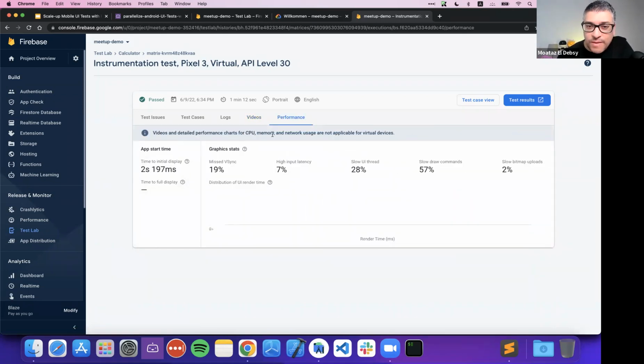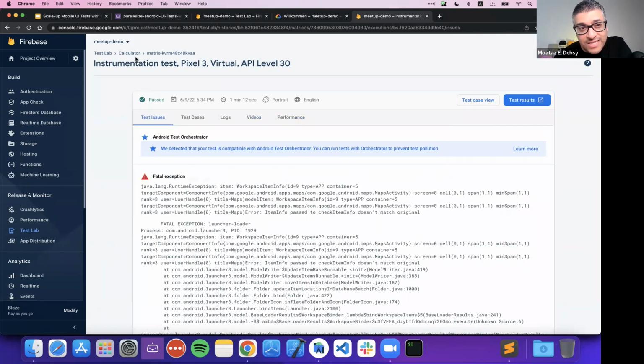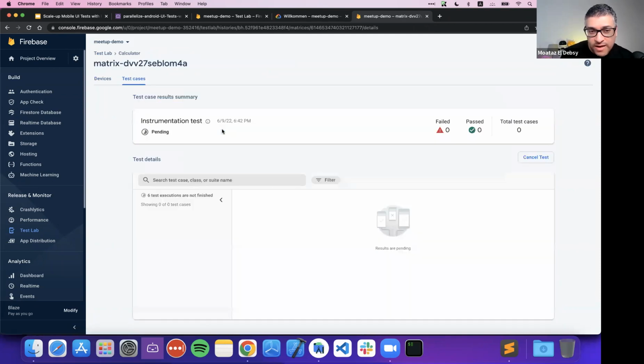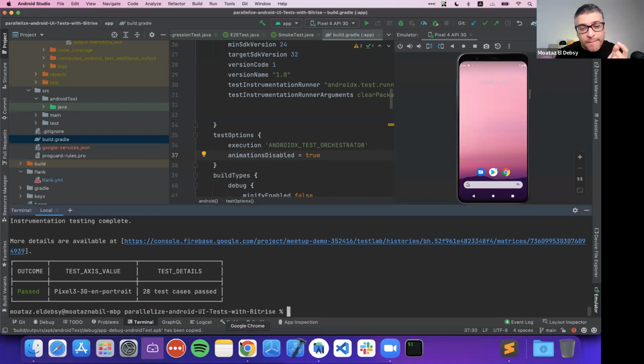This is the CPU, the memory, the network usage, everything related to your test cases, or what the performance was when we were running our test cases. So this is mainly the test run that we did from the command line. We tried the command line, we tried the manual one from the console, and we found it